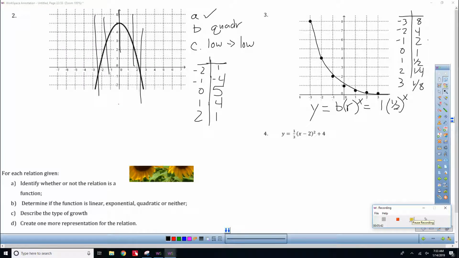Alright, we're back. Okay, it's definitely going to be a quadratic because of this. That's what I had said. And it's going to be positive. Quadratic growth is the type of growth. As far as another representation for the function,